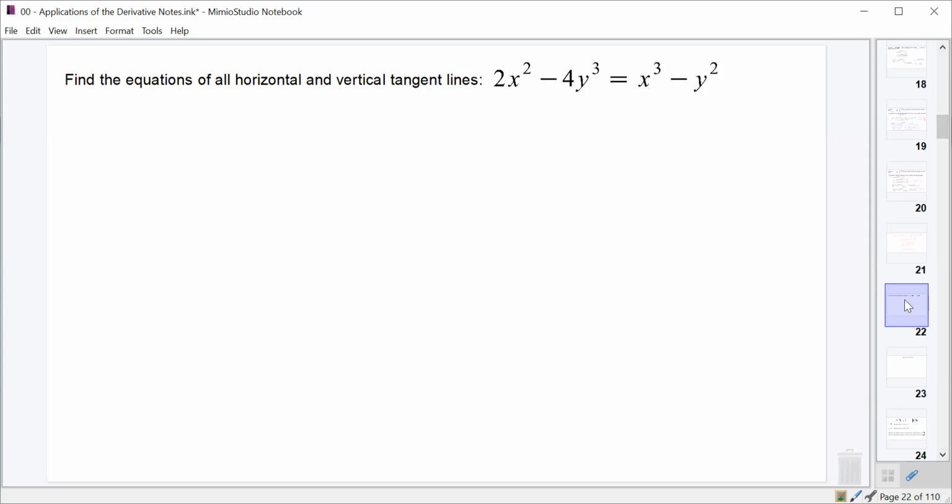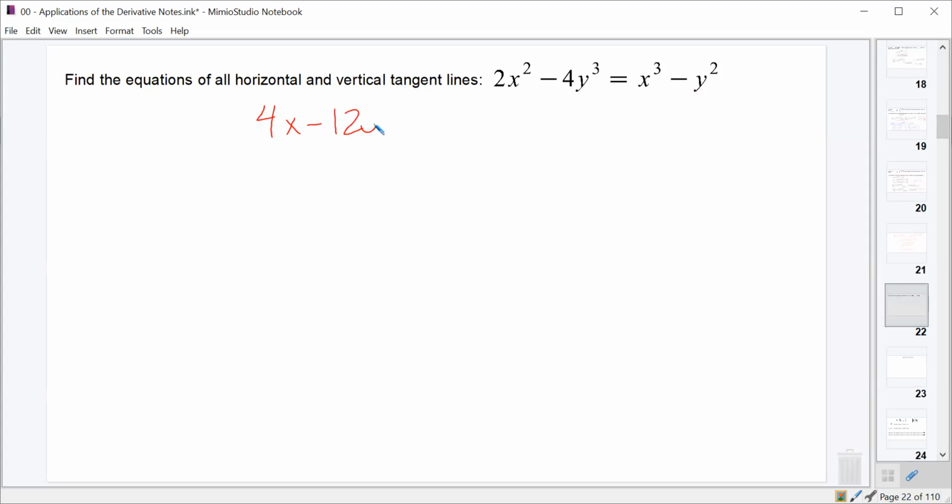We're going to look at one more problem today, and it's kind of throwing back to when we were doing horizontal and vertical tangent lines. But this time, in order to solve where some of those tangent lines actually are, we're going to need to use our graphing calculator. So we'll start, though, with the standard method for finding horizontal and vertical tangent lines. Take your derivative,